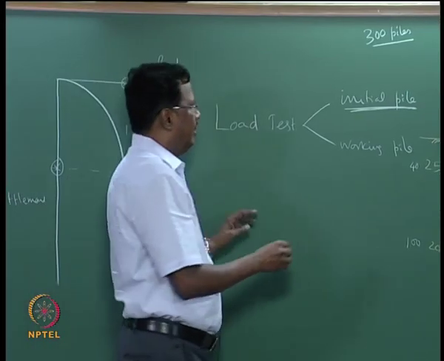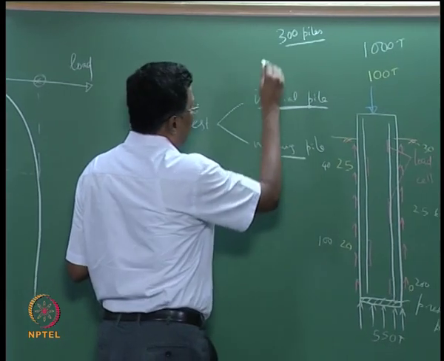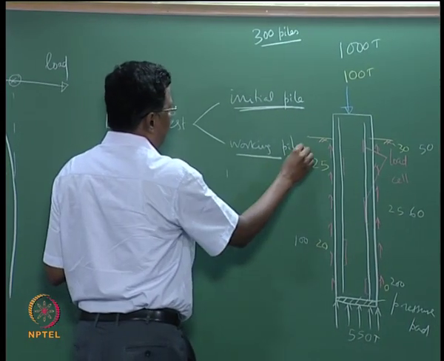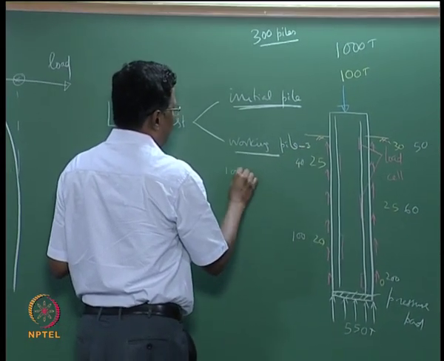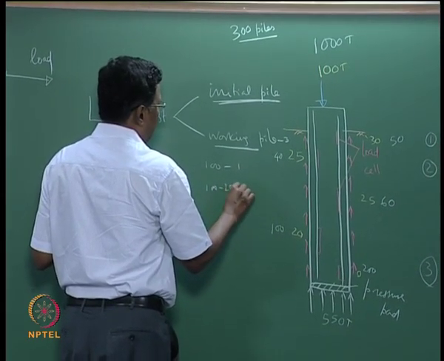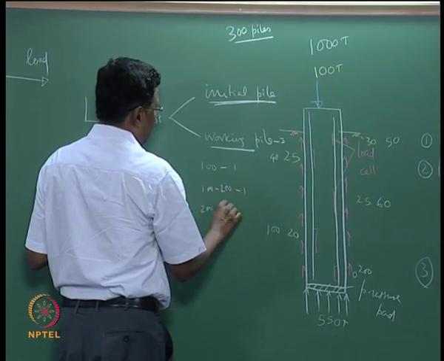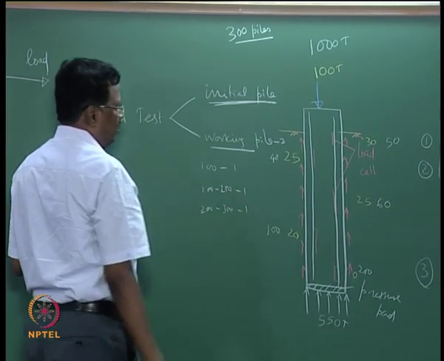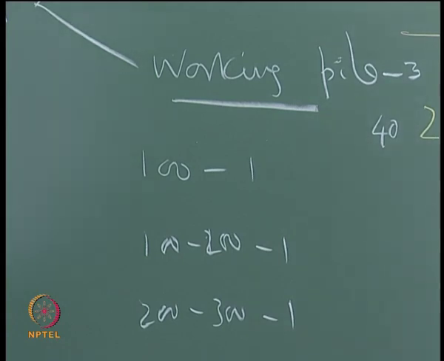This working pile you should not complete all the 100 piles. Suppose you have to do 300 working piles: after 100 piles you do the first test, after another 100 to 200 you test one more pile, and at 200 to 300, test one more pile. Do not do it